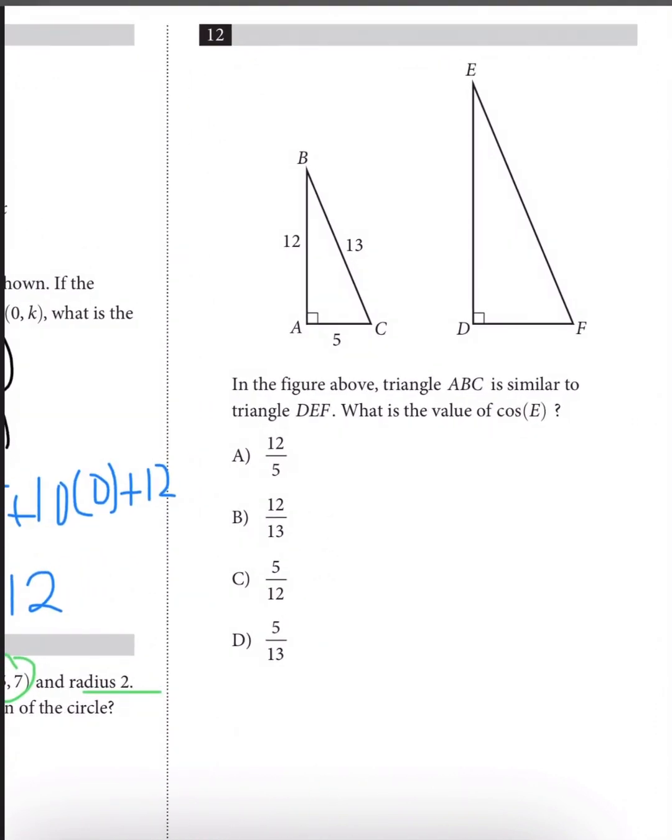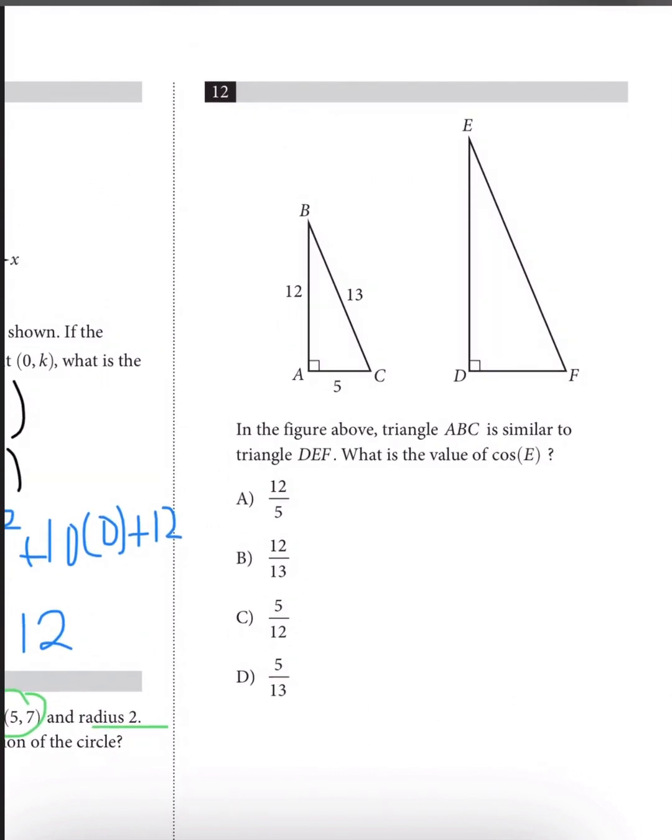In the figure above, triangle ABC is similar to triangle DEF. What is the value of cosine E? So cosine is adjacent